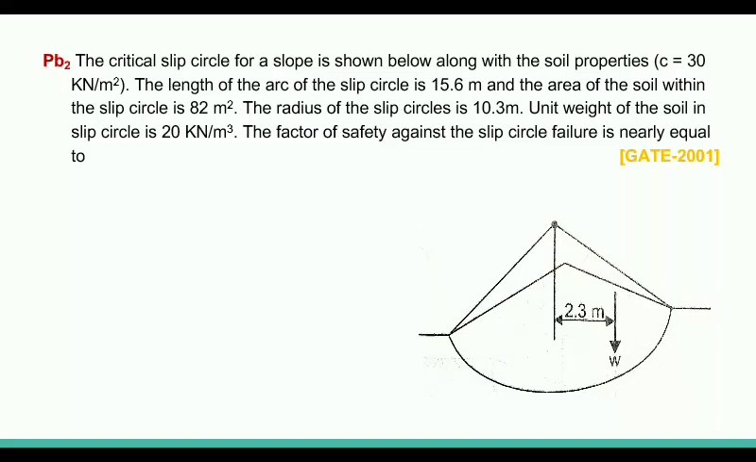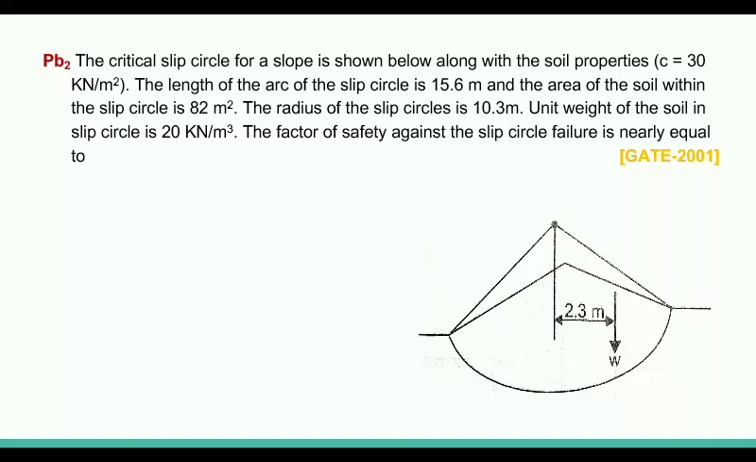Okay. So we have the c value, we have the radius R value, we have the area of soil within the slip circle, which is 82 meter square. We have the radius of the slip circle, and we have the arc length also, that is